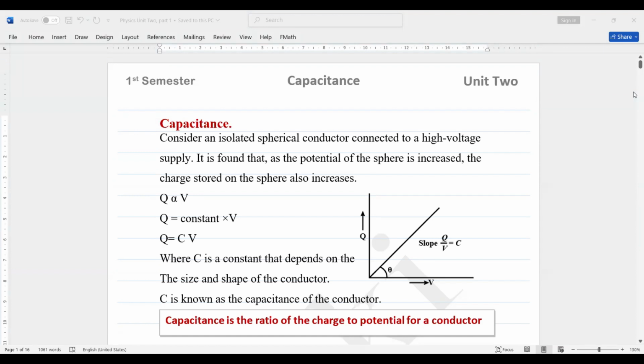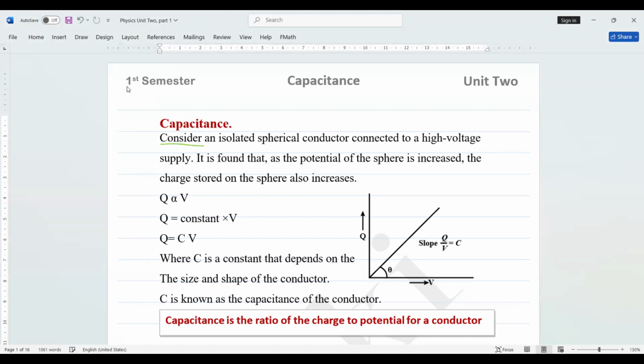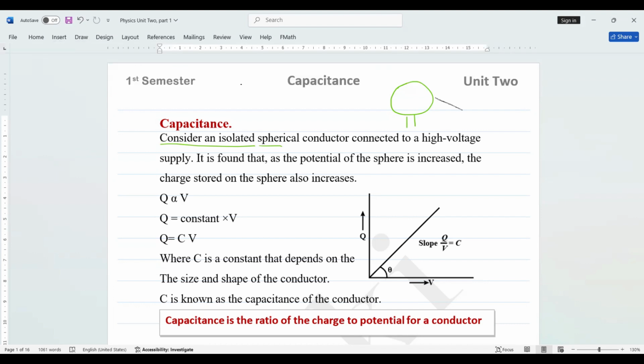Okay, in this lesson we talk about capacitance. It's unit 2 in the syllabus. What do you mean by capacitance? Consider an isolated sphere, connected to a high voltage supply. So if we connect this sphere to a higher voltage,